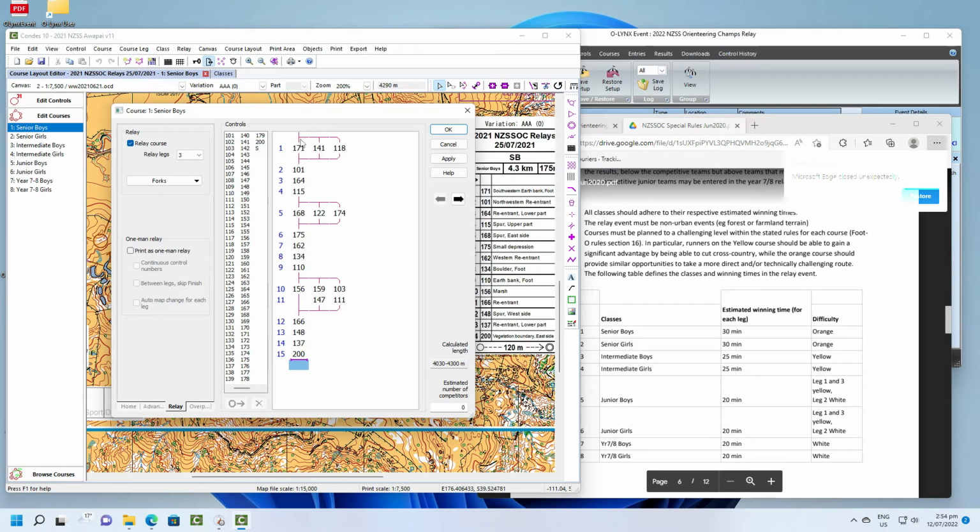The other thing that course planners should keep in mind is how many course variations the course will generate. These allow us to couple forks. This is where we give them the same coupling number, which means that the leg 1 runner may run branch number 1 on the first fork and branch number 1 on the last fork. And the second leg runner may run branch 2 on the first fork and branch 2 on the third fork. Here we haven't coupled the middle fork,